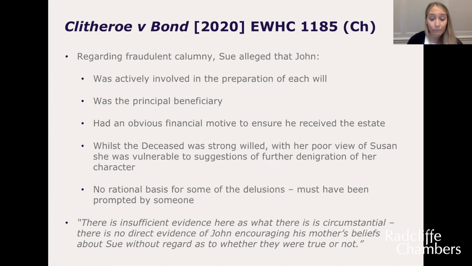But I think overall, throughout all of these cases, it's quite clear that when you're assessing the merits of one of these claims for a client, you really have to look quite objectively and analytically at all of the evidence around what's circumstantial. Is there any direct evidence of the things we're alleging? If it's circumstantial, then what kind of circumstantial? Are we just raking up old family history and trying to paint a poor picture of this person? Or is this actually circumstantial evidence that's strong and to do with the preparation of the will, or with regards to fraudulent calumny and the poisoning of the mind?